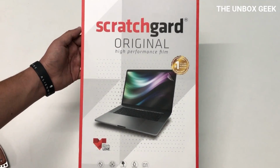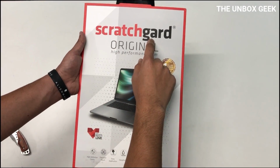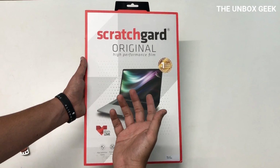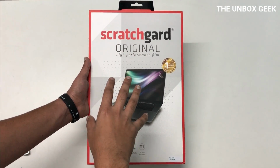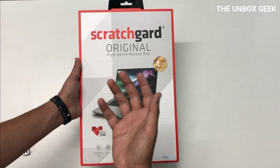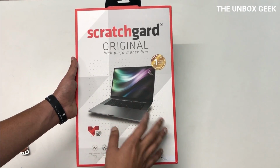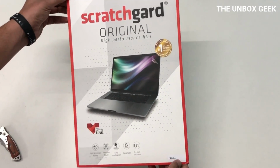In today's video, I'm going to be unboxing this screen protector from the brand Scratch Guard. There are a lot of other screen protectors available in the market, but the reason why I got this particular brand is because I've used their screen protectors before and they are really good. Also, they don't tend to leave any residue if in future you want to change or replace your screen protector, guys. So that being said, I'm going to show you guys what we get inside this